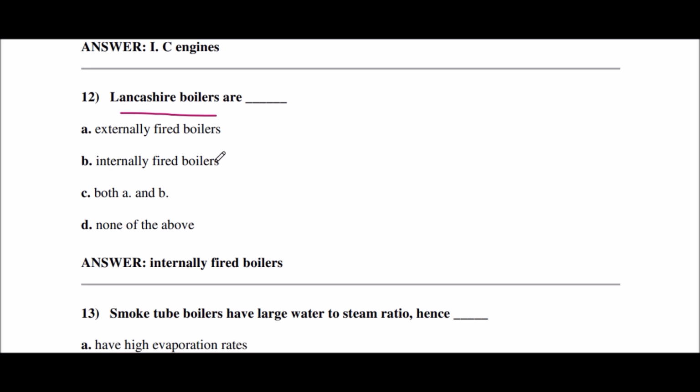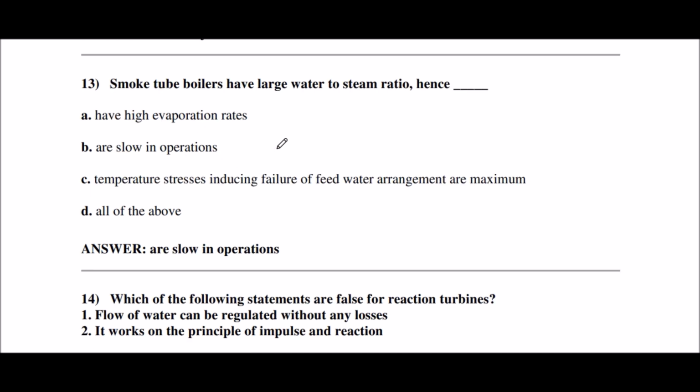Right answer is option B, internally fired boilers. Lancashire boilers are internally fired boilers. Next question. Smoke tube boilers have large water to steam ratio, hence